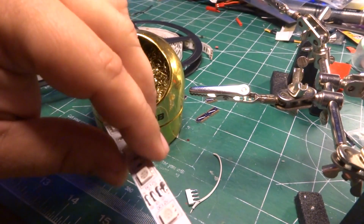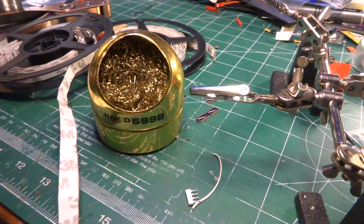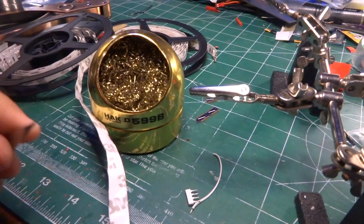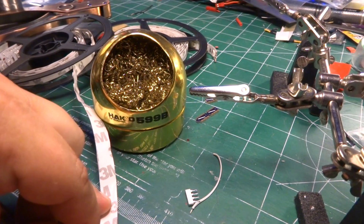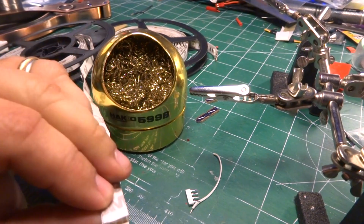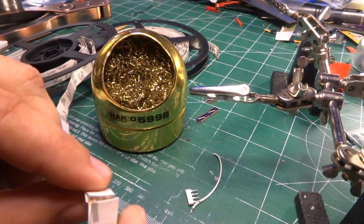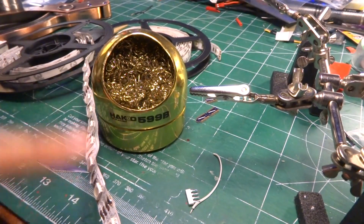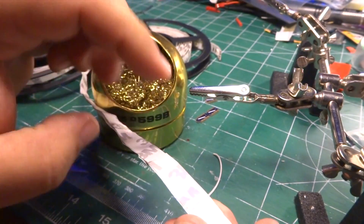So, a couple of options here. I can come in and I can cut the backing here. And you know what? I might just do it that way. I can cut the backing here. And my goal isn't so much to cut the strip, it's to cut the strip and the adhesive behind it. Because they'll lay these and put these together in one long strip, and then they apply the adhesive to the back. So the